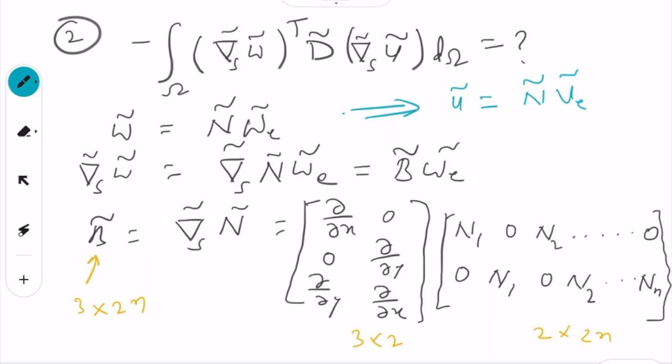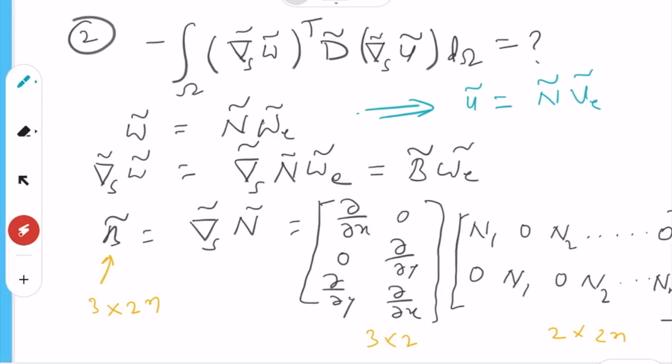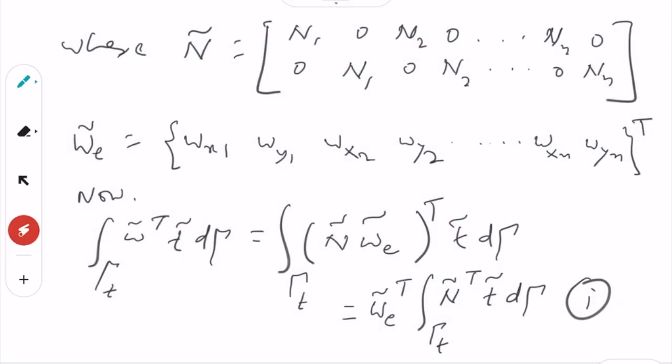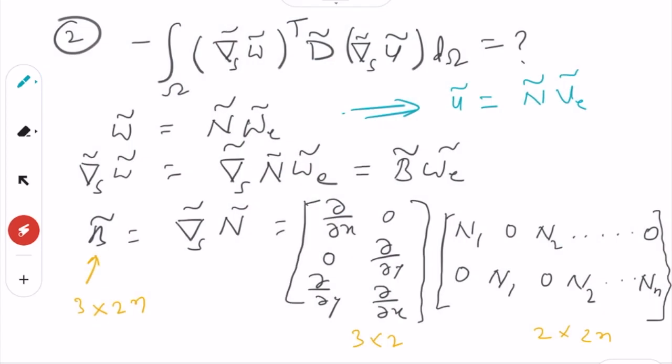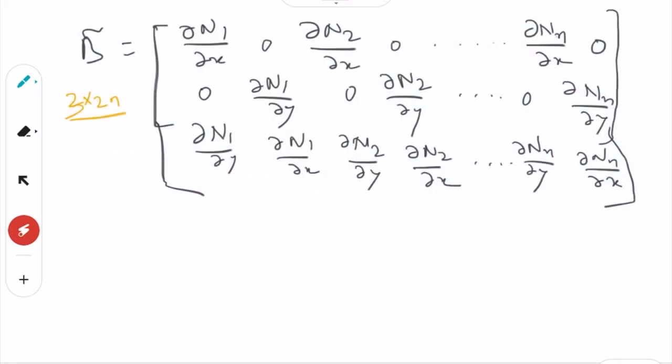We can write like that, where N is a matrix that we know, this is the N matrix. Same N matrix we can use, because we know that W and U work in a similar way. So we can write